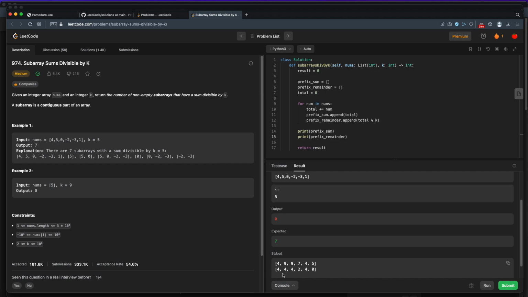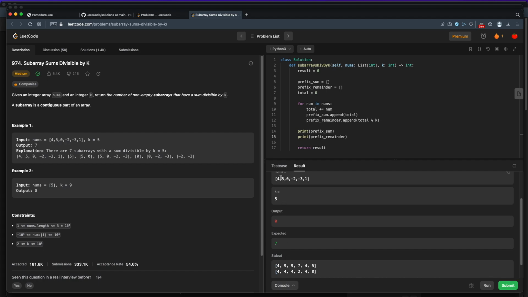Whatever happens between two of the identical remainders, that subarray in between there must be evenly divisible by our k. So between the first 4 and the second 4, we went from 4 to 9, and in fact that's a 5, and it's divisible by 5. Between our second 4 and our third 4, again, we went from a total of 9 to 9, but we had a 5, we have a 0,